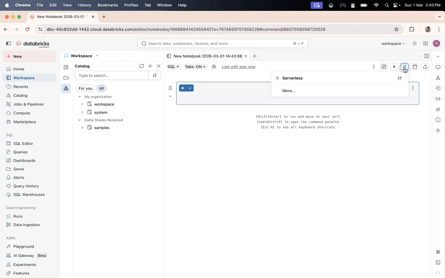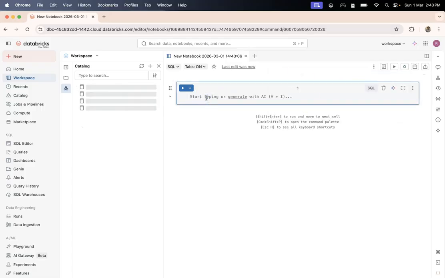If you click on this, you will see serverless and serverless starter warehouse. The warehouse we have been using to run our SQL queries is the serverless starter warehouse, but for running the notebook we have to use serverless. Why is that so? Because the serverless starter warehouse only allows you to run SQL queries, not Python code. So I'll just click on serverless.